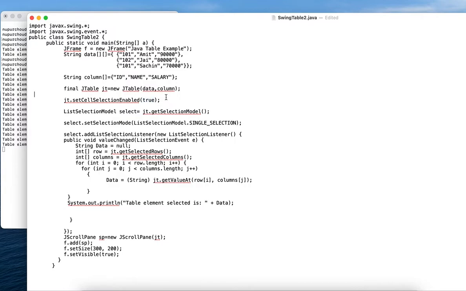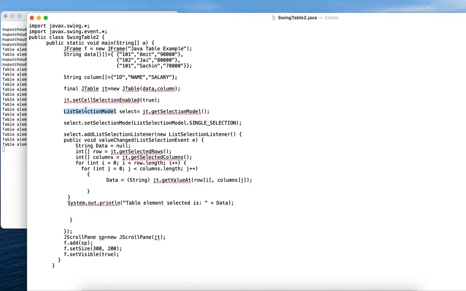Usually this is false, and the selection is not enabled in a general table. But if we want to select and create an event using that particular selected cell, then we have to set this method as true.